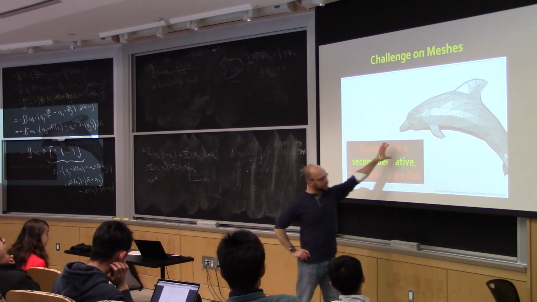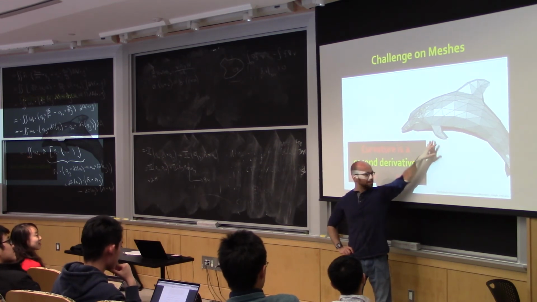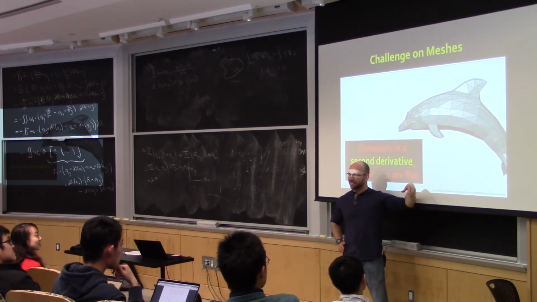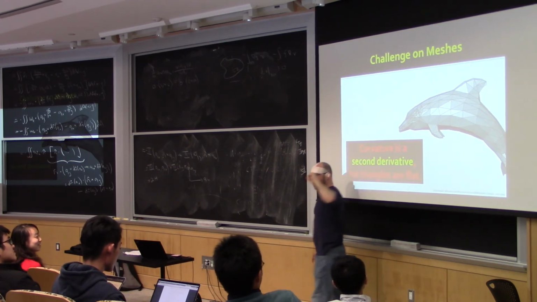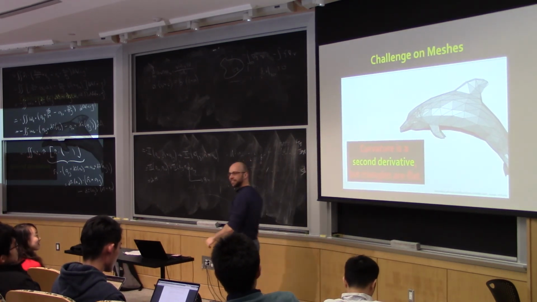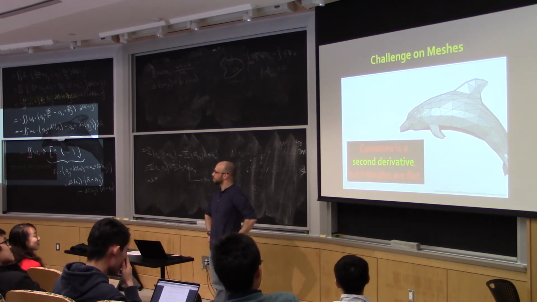Here's our favorite dolphin. This is not a member of the pantheon of triangle meshes, except that it's the one thing that's rendered on Wikipedia, so you see it in a lot of talks. But in any event, this dolphin is piecewise flat. He does not have, or she does not have, interesting curvature, except at the edges and the vertices, where your curvature is a little too interesting, right?